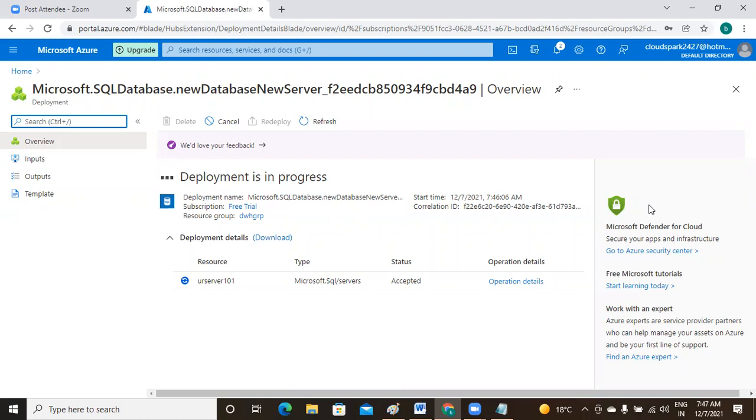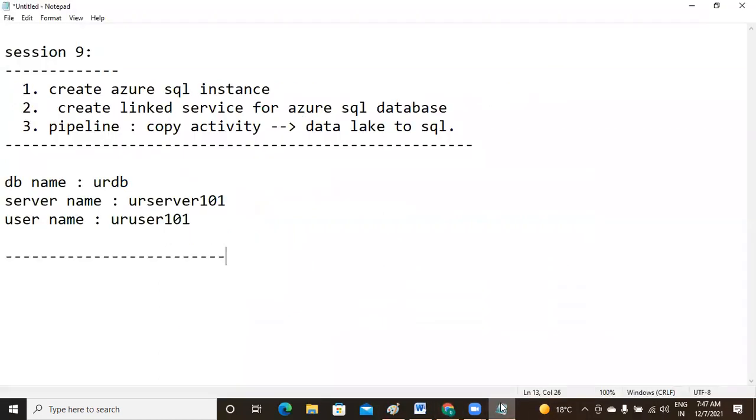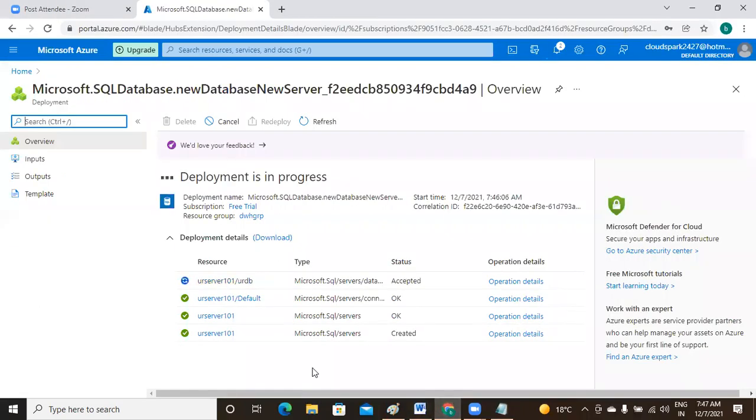Once the database is created, next step is what, sir? Linked service. But linked service you need to create from the ADF level. So now server created, database not yet created. Please wait. The server name we have given, your server 101, but database not yet created. It's under process.